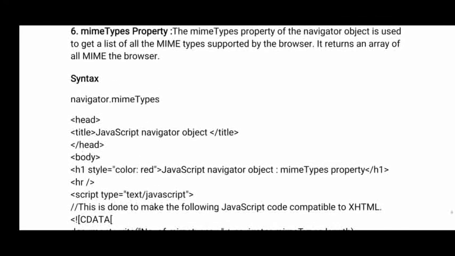When you display this, you will get complete information about the formats supported by the browser window.